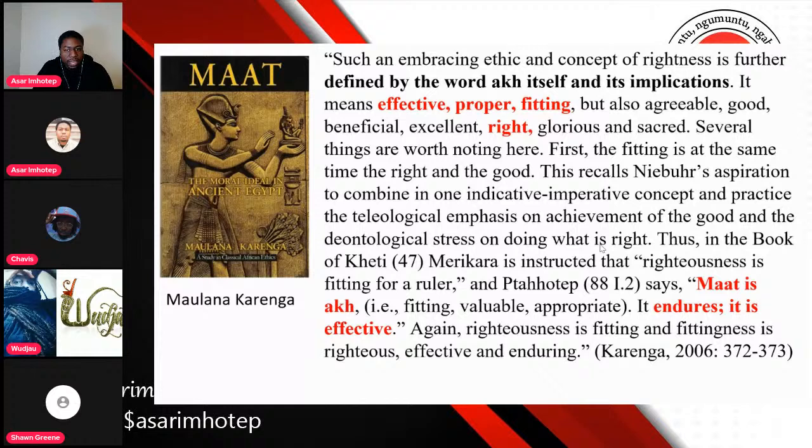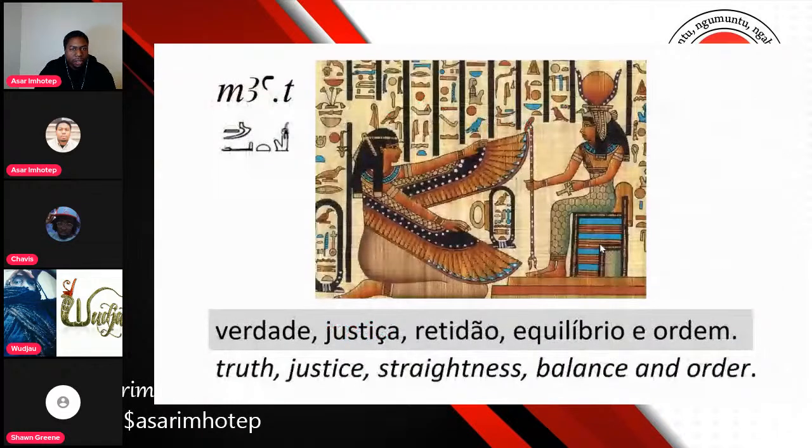Thus, in the book of Kheti, Merikare is instructed that righteousness is fitting for a ruler. And Ptah-hotep says, Ma'at is ak. Therefore, fitting, valuable, and appropriate. It endures. It is effective. Again, righteousness is fitting, and fittingness is righteous, effective, and enduring. I say all that to say that when we're talking about Ma'at, truth, justice, straightness, balance, and order, it also corresponds into the Bantu languages